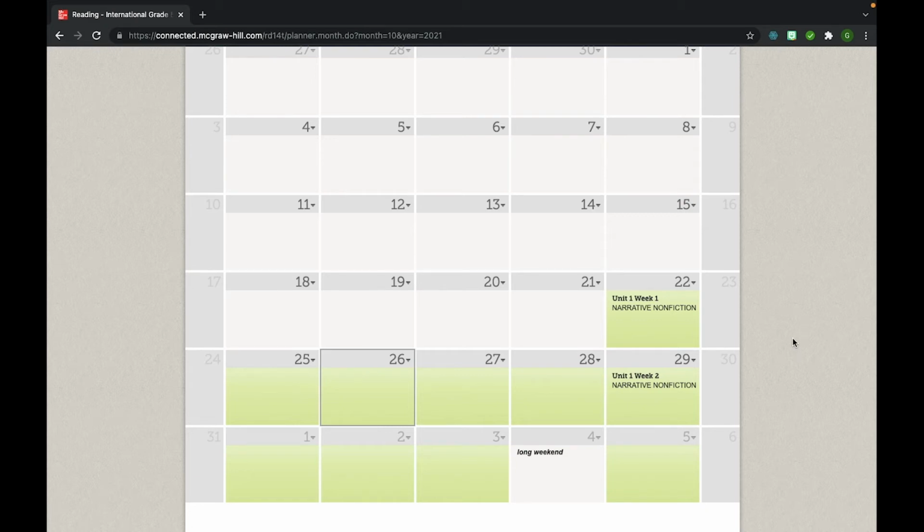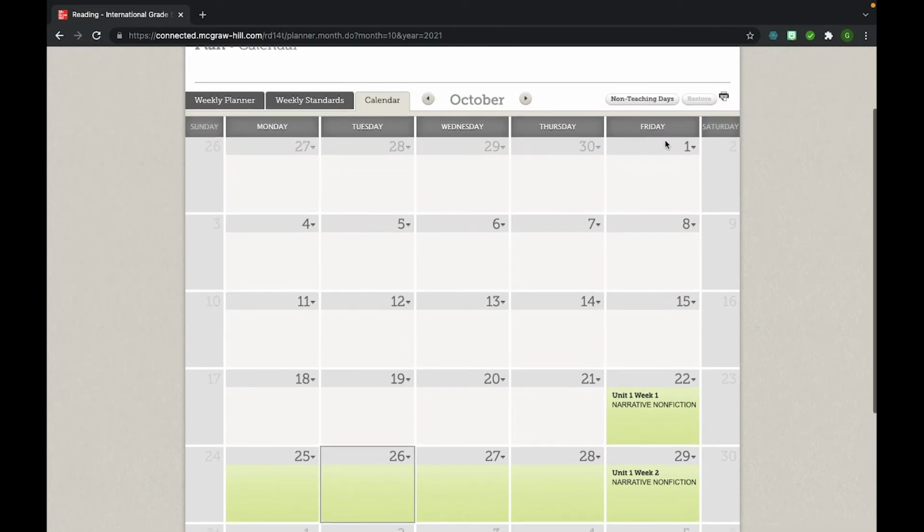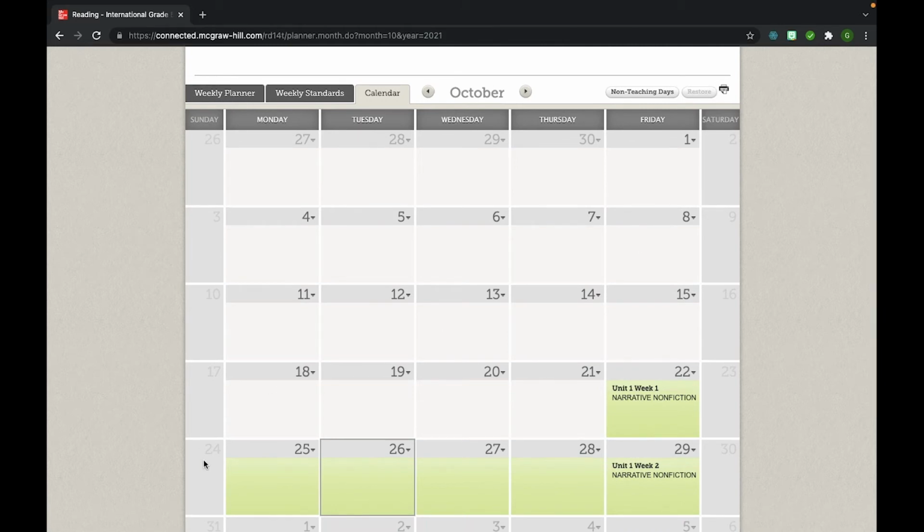Lastly, I teach in the Middle East, so we don't have our weekends on a Sunday and Saturday. Instead, we have it on a Friday and Saturday. So for me, even though I start on the 24th, I've put my start date as the 22nd. This is because